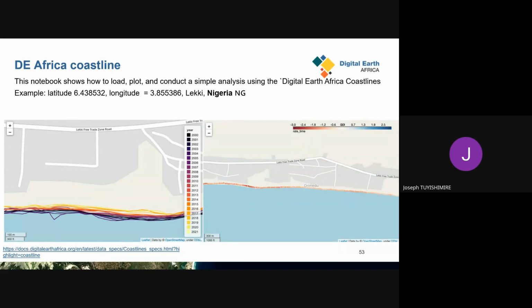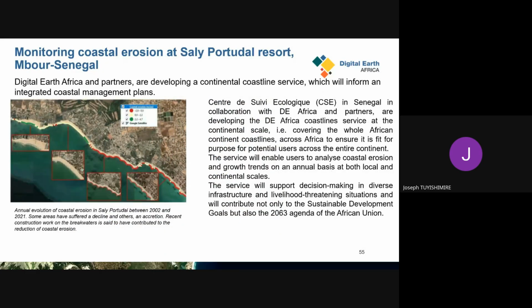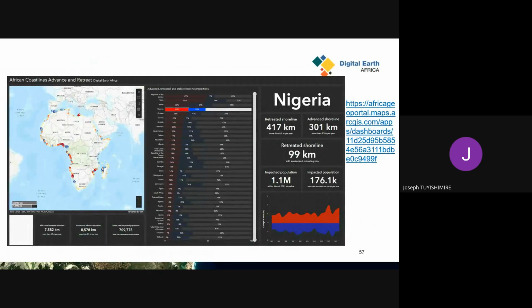I was showing you the area, the coastlines, and how for each year it has been behaving over time. And of course, you can use the coastlines to draw a transect to show us some statistics. I go back there. So this is a validation of coastal erosion reported in cooperation with the CSC team. And of course, there are several tutorials. And if I go back to the sandbox before I go to the dashboard,